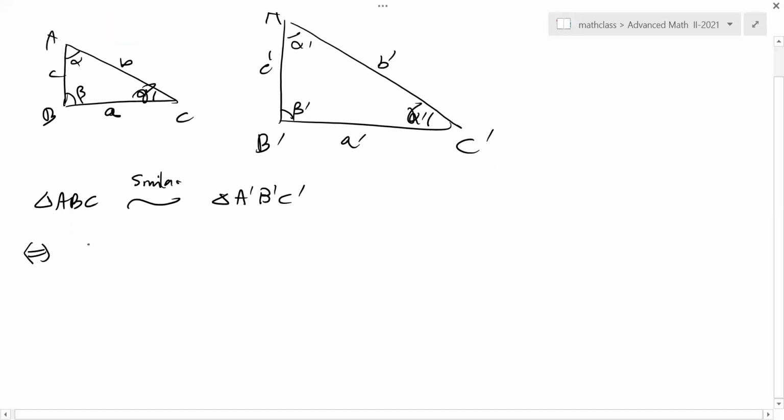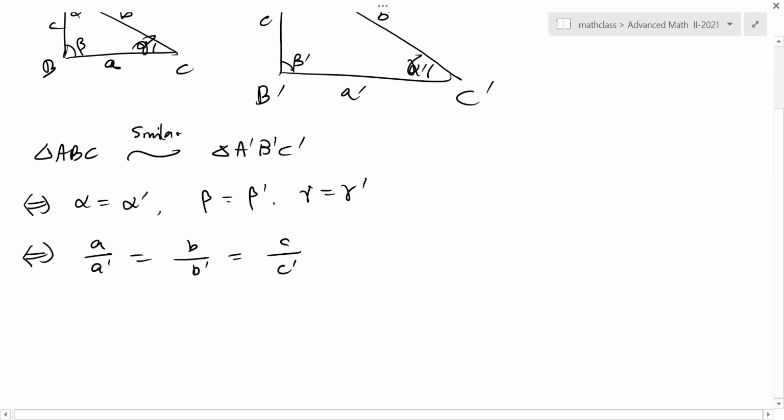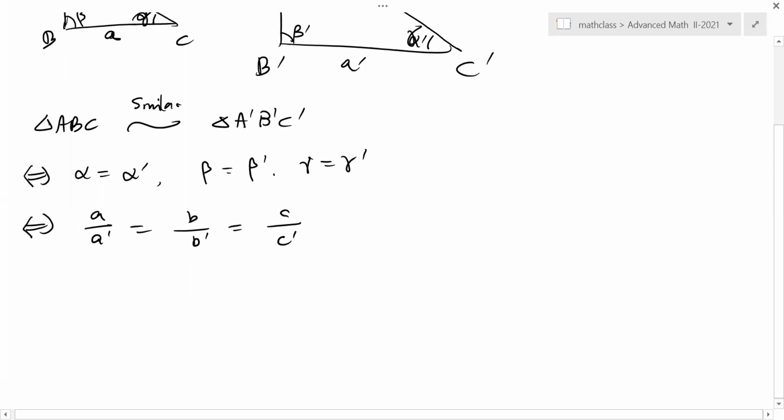are satisfied. So the corresponding angles are equal, or the ratio of the corresponding sides are equal. So those two conditions are equivalent. We can show that. As long as you can show that the corresponding angles are equal, then these two triangles are similar. Maybe they're different sizes. So the ratio of the corresponding sides, they're all equal to the same number. And where we can use these important properties,